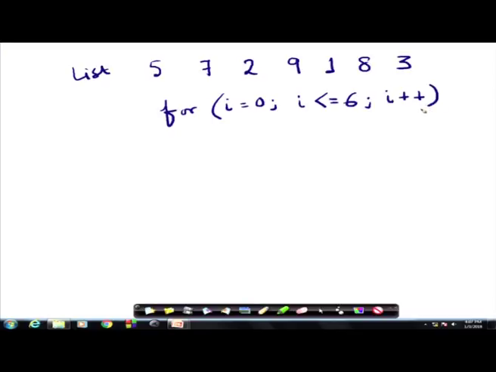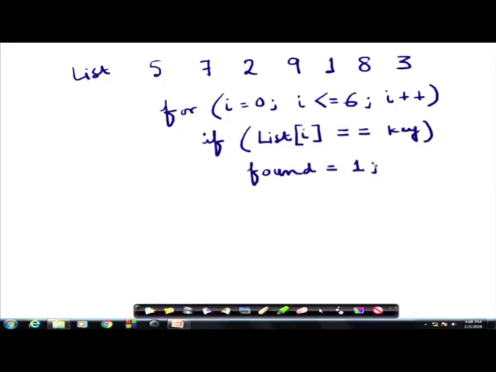If list[i], that means the ith element of the list, is equal to the key, then I can say found